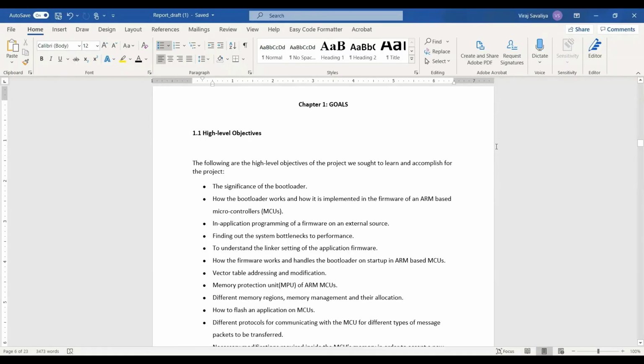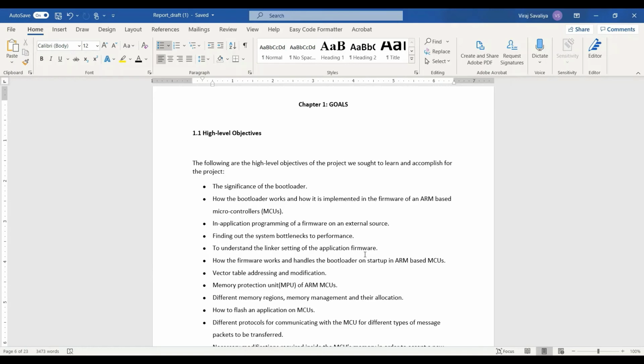Hello, so we are doing a custom bootloader project for project 2 in our course Mobile Systems Architecture. And the goal which we have set for our own project is that we want to make a custom bootloader which can have its own functionality. So for the STM32 microcontroller, instead of using the system bootloader which is provided by the developers, we will make our own bootloader, which will have functionalities like erasing the flash memory, upgrading firmware, or loading multiple applications and executing applications as the user asks.